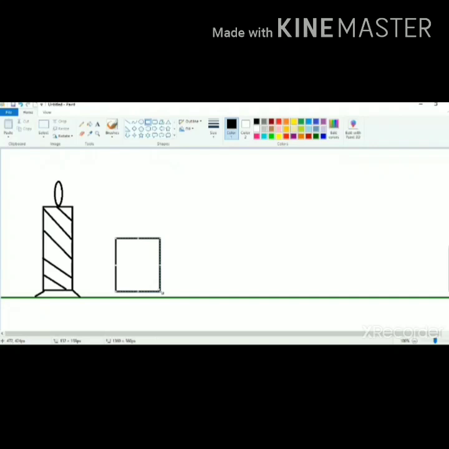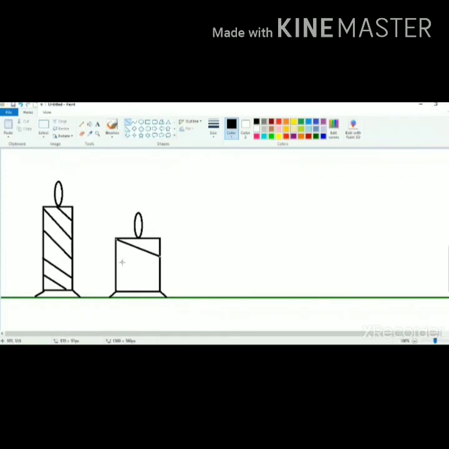Again, take the rectangle tool and draw a small and broad box for the candle to draw it in a different size and shape. And again, to draw the stand of the candle, I am going to take the line tool and draw the stand of the candle. And now the oval tool for the flame of the candle. And now I am going to decorate it differently.